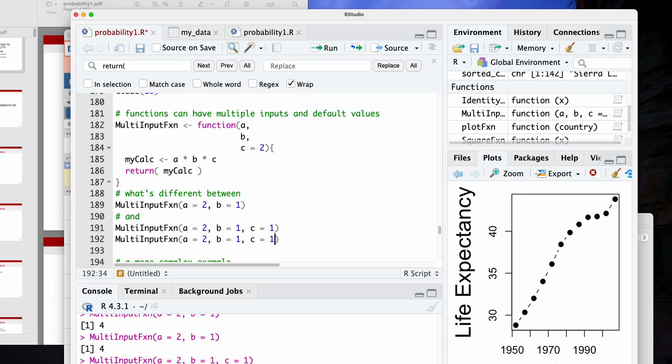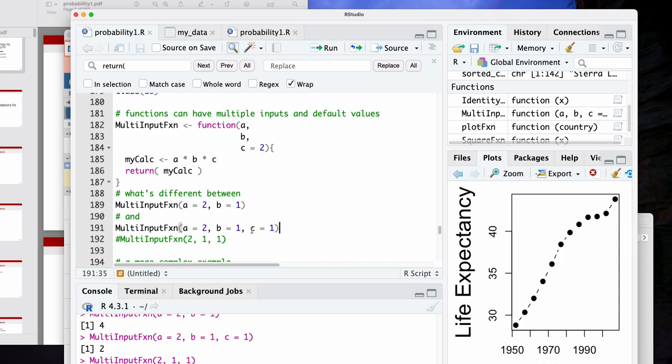Notice how we could use the positionality of the arguments to compute the final answer. So I didn't say A equals 2 or B equals 3. I just used the position of the argument instead of explicitly saying what things were. But this in general is much more confusing. People get confused. It's better to say what the arguments are and so forth. So this is just giving you experience with functions. Are there any questions at all about functions?